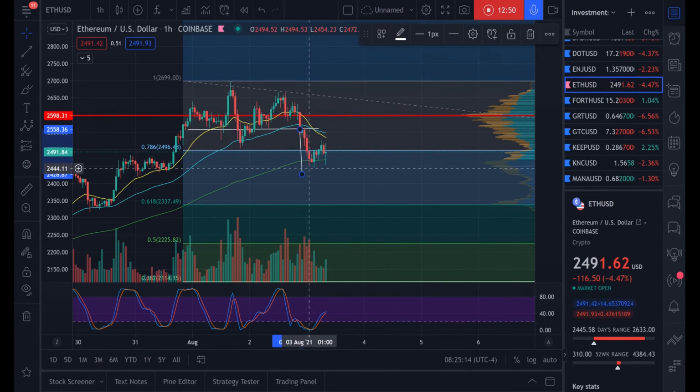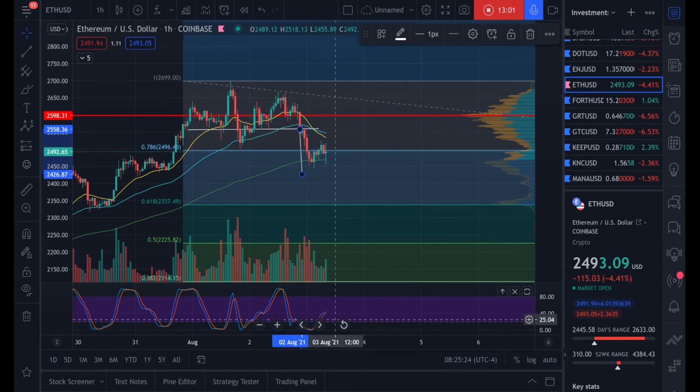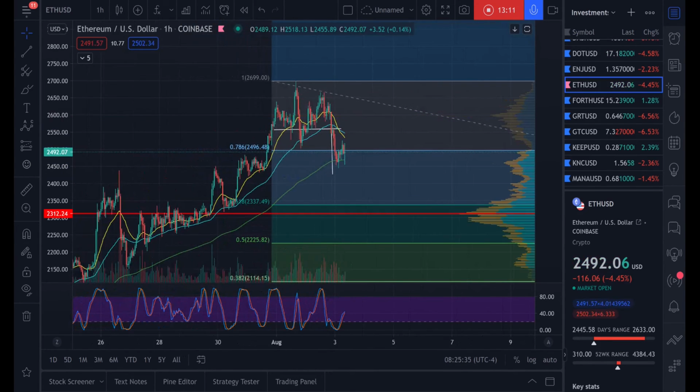Not necessarily, but this is an ABC correction, so it will come down to at least here, most likely all the way to the 618 in time. And you can see on the stochastic RSI, we're at the top of the B wave, or close to it. Maybe the B wave will reach here, maybe it may hit the neckline once more. But that's just